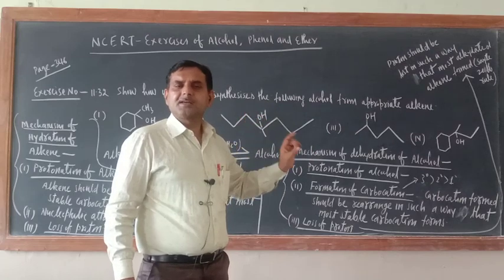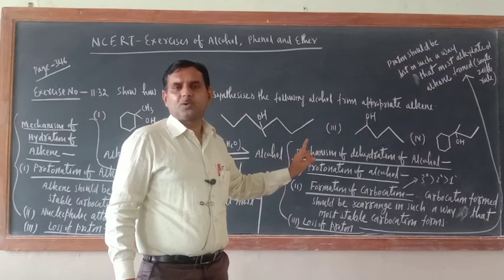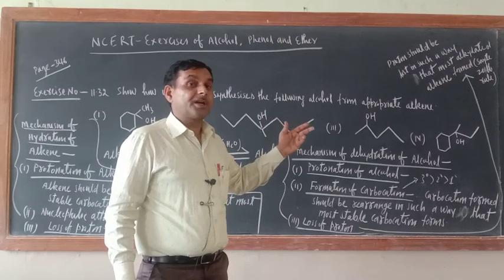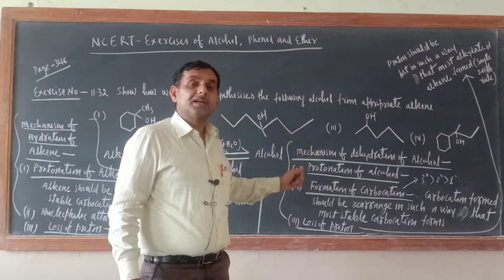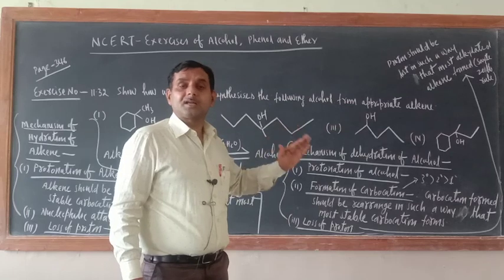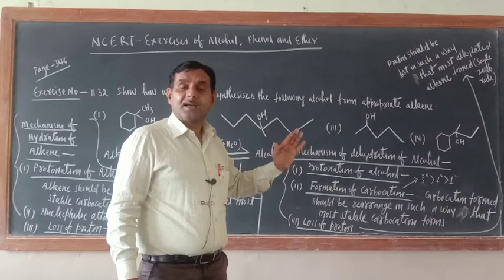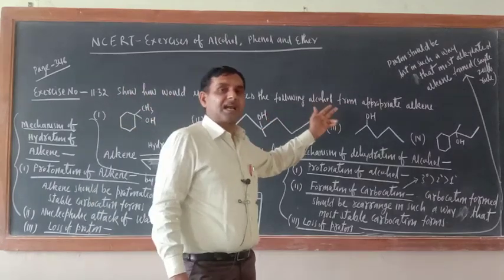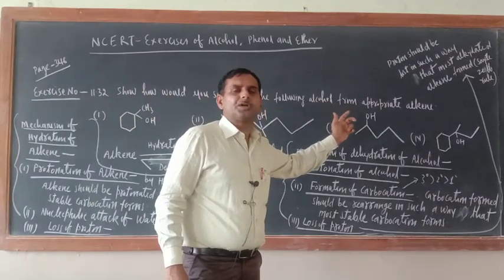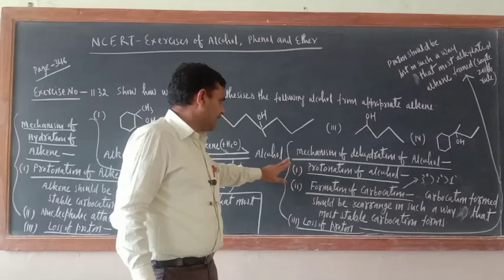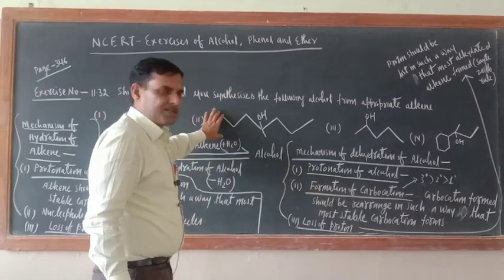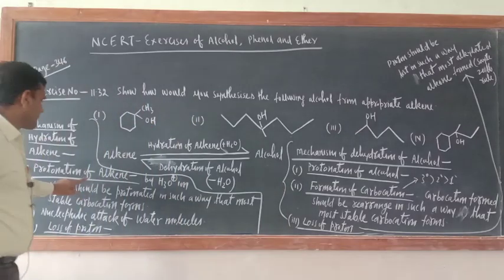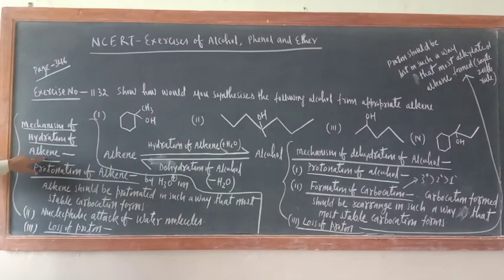Number one thing is stability of carbocation, meaning you have to check whether there are chances of formation of a 2 degree or 3 degree carbocation or not. Second one, proton should be lost in such a way that the most stable alkene, meaning the most alkylated alkene, forms. Saytzeff rule you should take care. Okay, these are the basics for solving these exercises. That is the first thing.